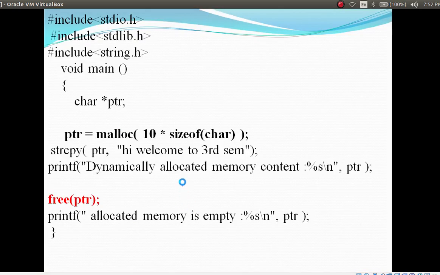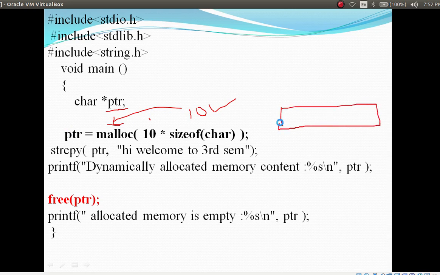See this example. ptr is our pointer variable, malloc 10 star size of char. So how many bytes are going to be allocated? Total 10 bytes. Memory is allocated by which function? The malloc function. This memory, that is 10 bytes, is held by which variable?